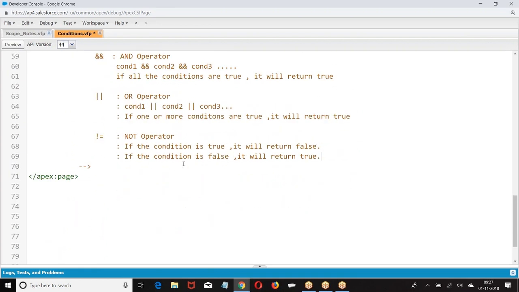So AND, OR, NOT: why do you go for them? When you want to apply multiple conditions, I will go for these operators. Example.